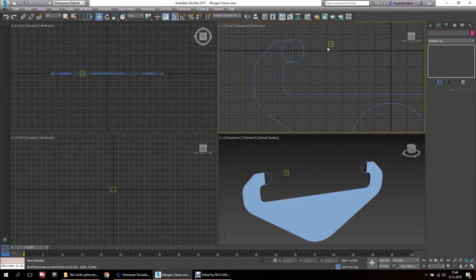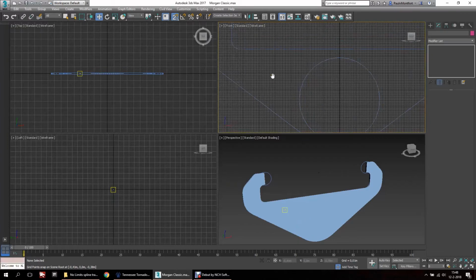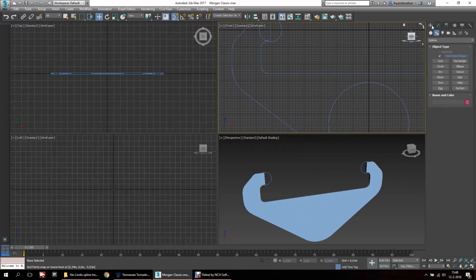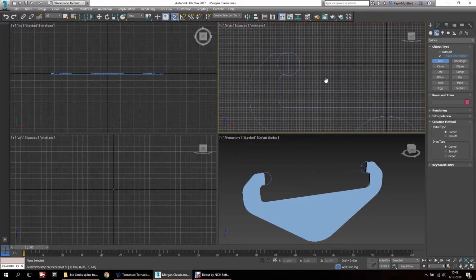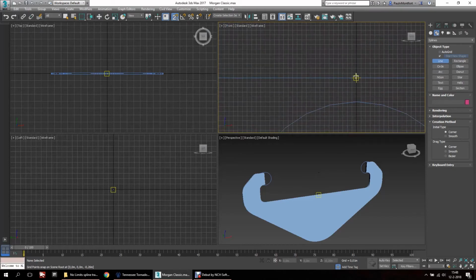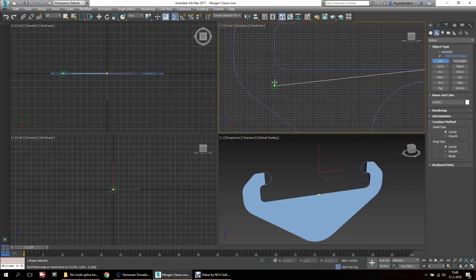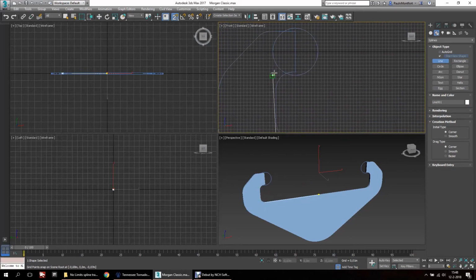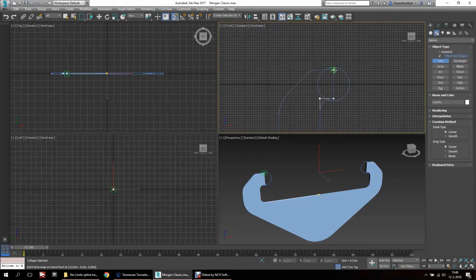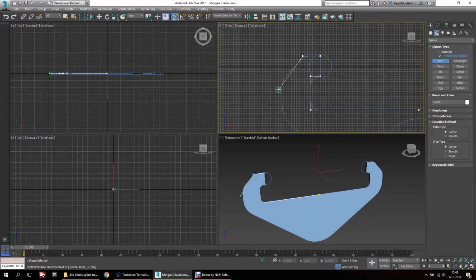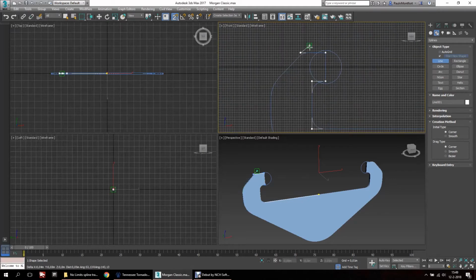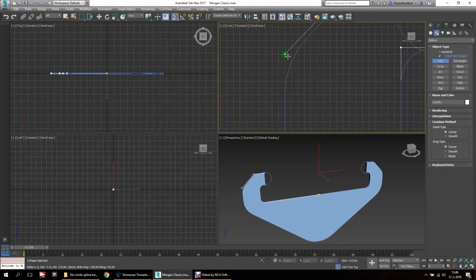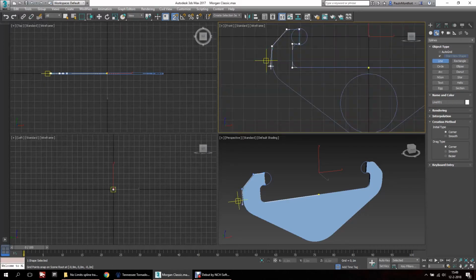Now for the tie, we'll start by creating a line. And because I'm lazy, I'm just doing one half of this tie and then copy it over to the other side. So let's start halfway. You can ignore the round corners for now. We'll add them in later. And just follow the original. Oh, I think I messed up there. Follow the original